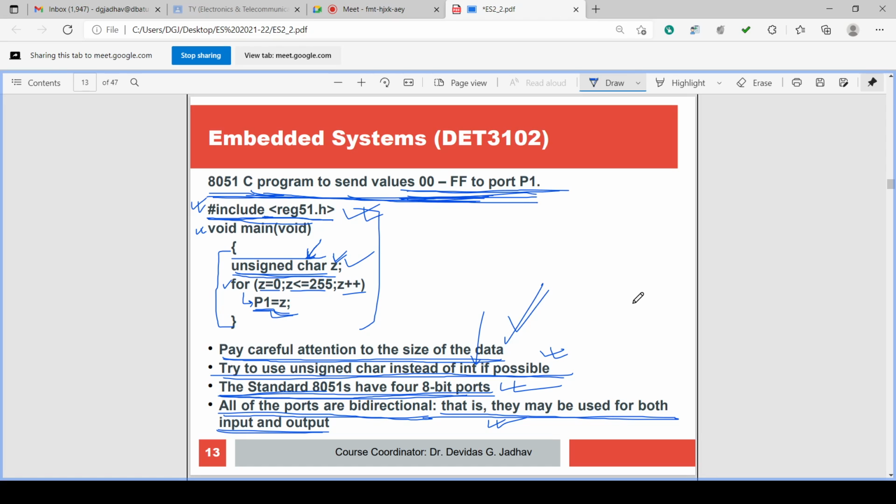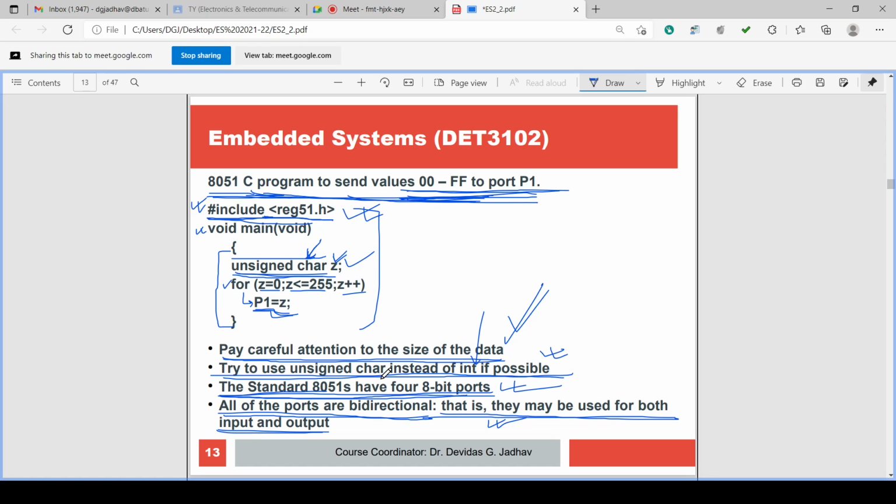And what is our requirement? Only 00 to FF, only 8 bits, because the port pin numbers are only 8 and the port can take only 1 byte of data. Okay, that we have studied. That's why we have used unsigned char.